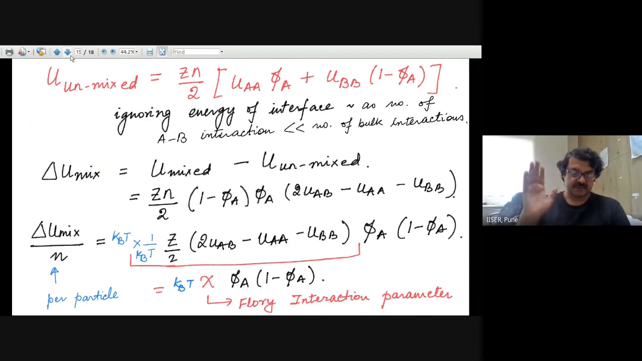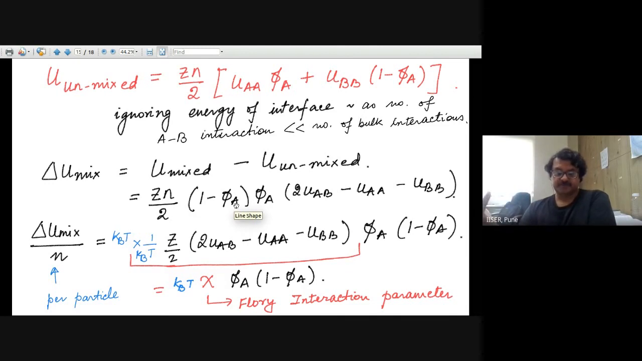So anyway, just to give you the big picture, the internal energy of mixing is U mixed minus U unmixed. And if you put in all the terms and do a bit of algebra, basically rearrange terms, cancel terms, and so on and so forth, what you will get is Z, the number of neighbors, N, the total number of particles in the lattice, by 2 to avoid double counting,